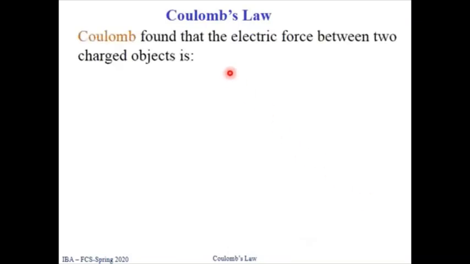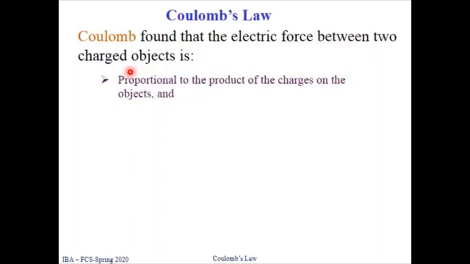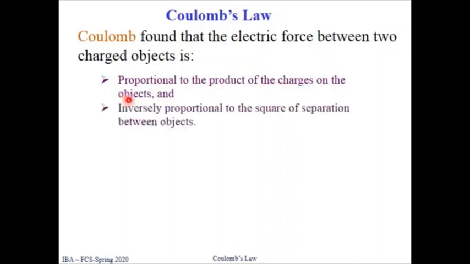Coulomb's law. In order to find the magnitude of the electrostatic force, Coulomb found that the electric force between two charged objects is proportional to the product of the charges on the objects, and inversely proportional to the square of the separation between the charged objects. Mathematically we can write force is equal to k Q1 Q2 divided by r square, where k is